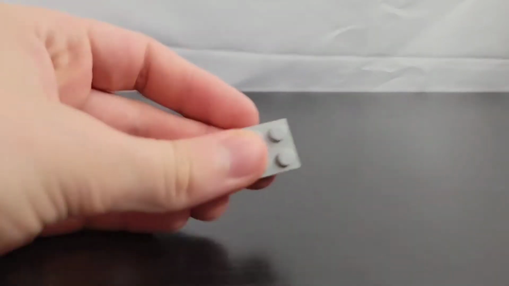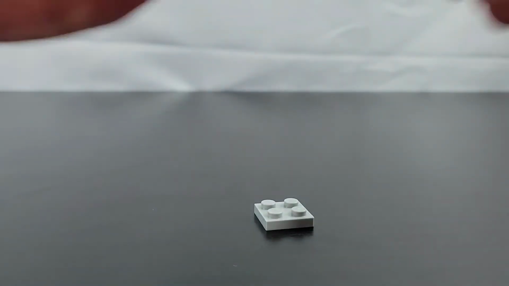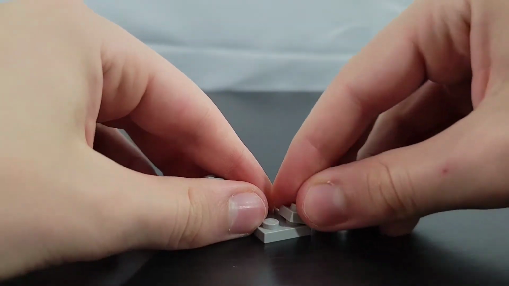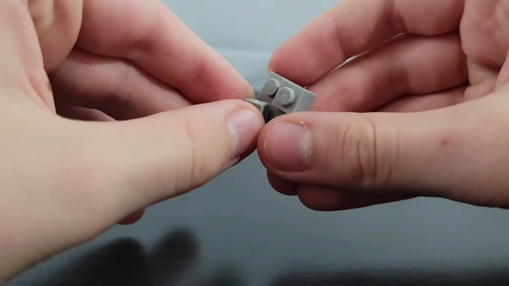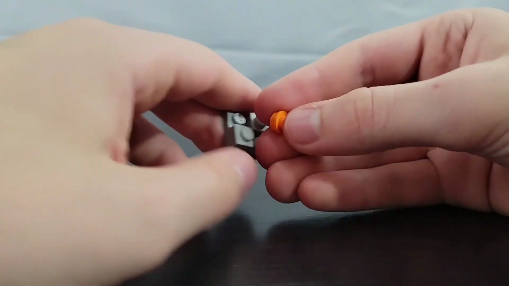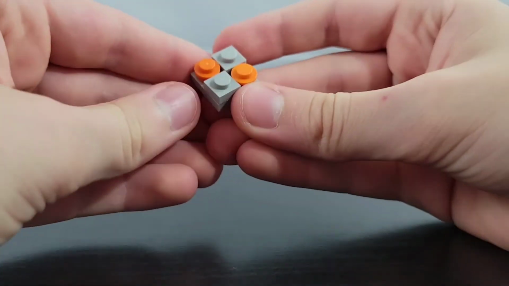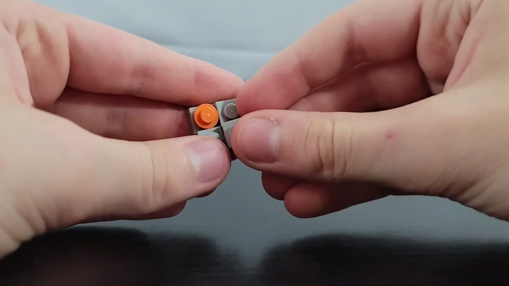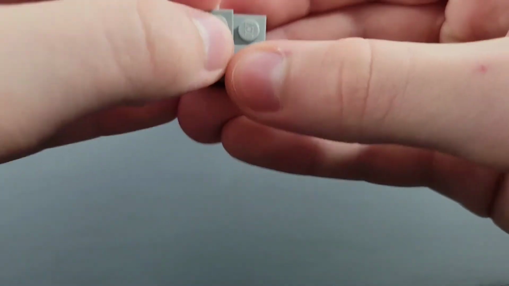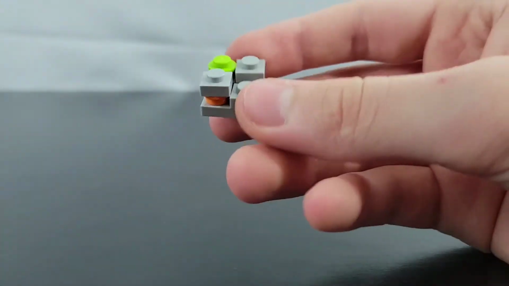So the first piece you'll need is this 2x2 gray plate here. And then you're going to need two 1x2 plates. If you've built a LEGO Minecraft ore before, then you'll probably know how to basically build this, but there is a little bit of a difference. You're going to take two of your orange studs and put them on the bottom, like that, and then take your plates like this, put those on top of the studs, and then you're going to take your green studs,